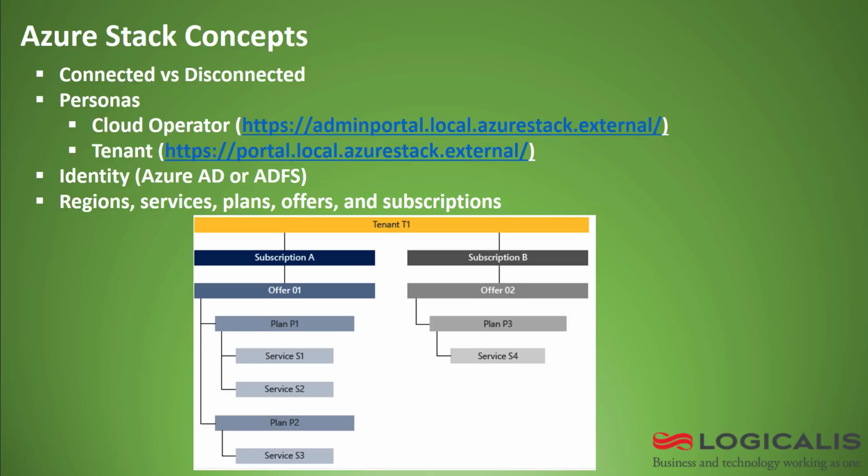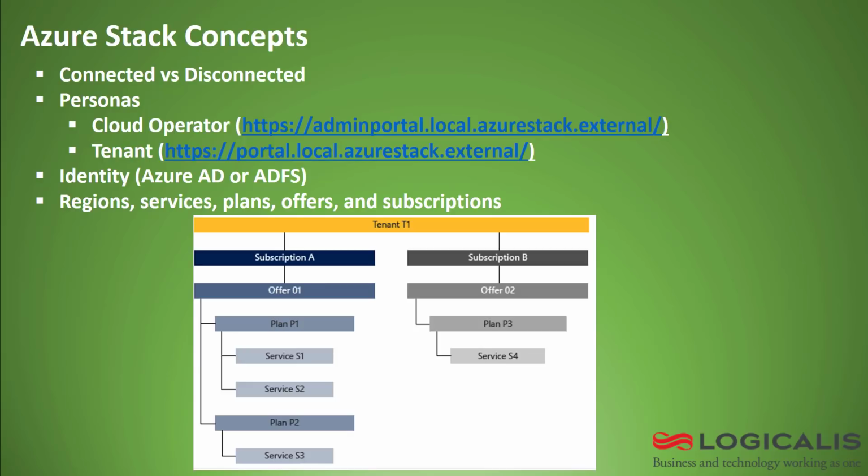And then the second persona is the tenant. When we refer to a tenant, it is the user side, where you provide these services to the user community, and they are referred to as tenants, right? So you could have different tenants, and hypothetically an example could be your HR department is one of your tenants. Sales department could be another tenant, right? And then you give them the required services that they can leverage to do their day-to-day work,